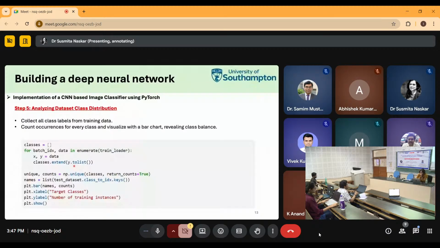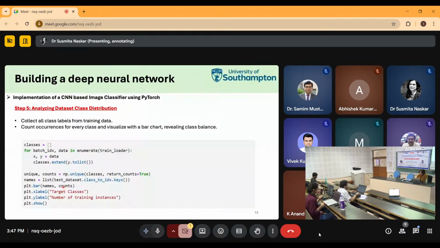So once we are done with that, we will use the numpy unique function to count how many times each of these classes appears in the training data, right? And then we get the class names from the data by using class to IDX here. You can see this one. So we can label our chart correctly. And then finally we will try to plot it as a bar chart,